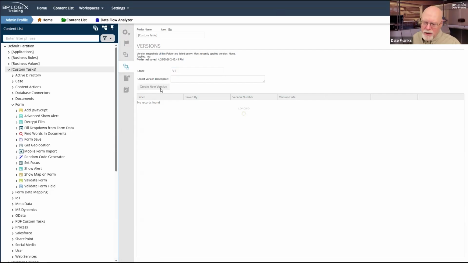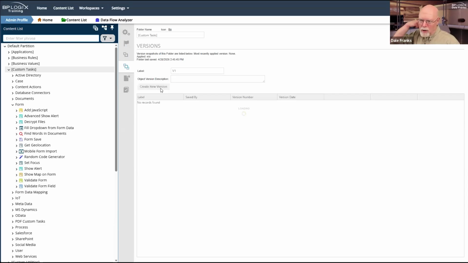And right now, it's just zipping up the entire folder to save an archive of the custom tasks as they currently exist. And I had hoped before I'd finished that sentence that the archive would have been created and we could have seen the version number. The system has decided to work a little slower than that today.